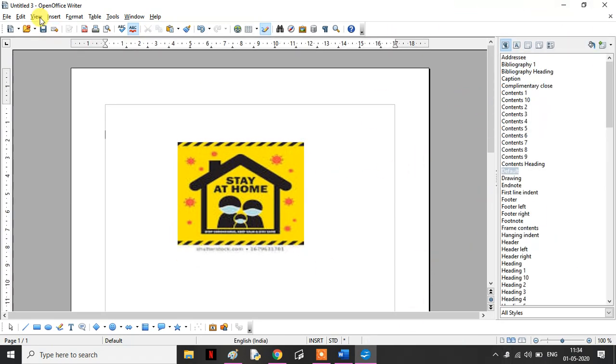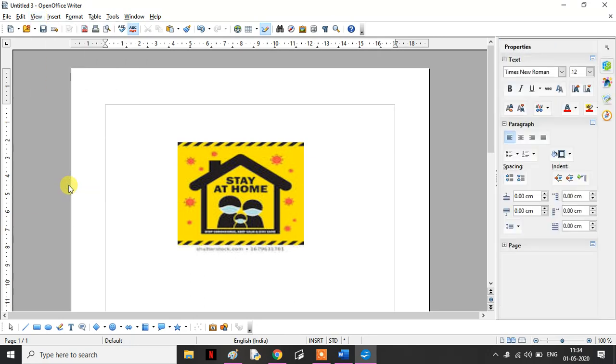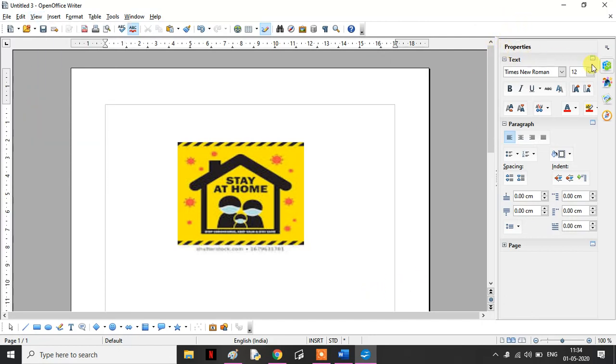So you have to go to View, then the Sidebar, and you see here the Properties window. From this we can set the properties of the selected image. Okay children, I have gone to View and clicked on Sidebar. You can see the check mark here. This is how it is added, and by default Properties will be displayed.